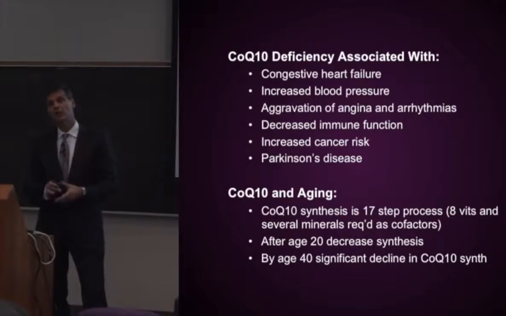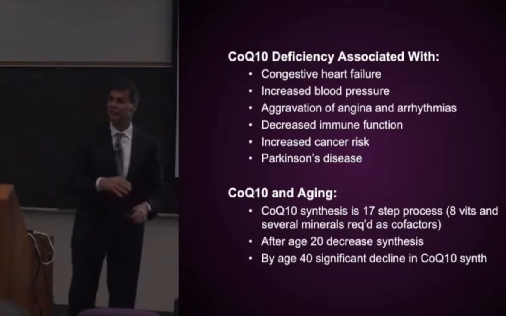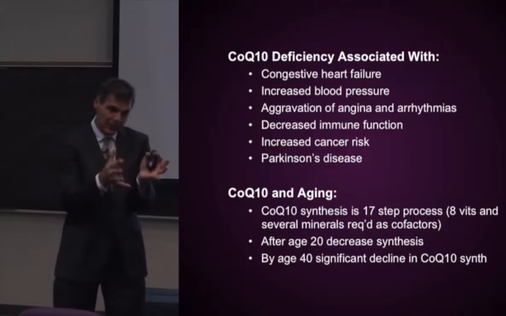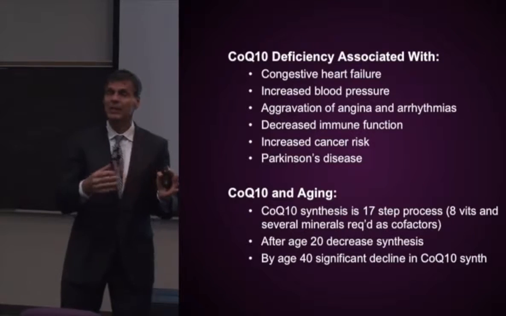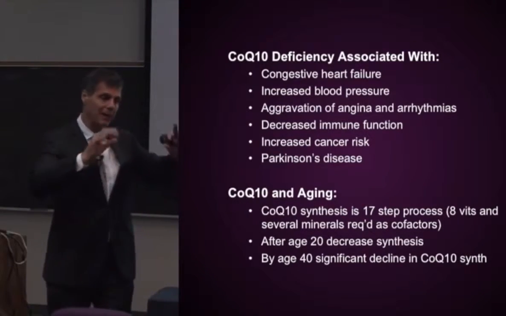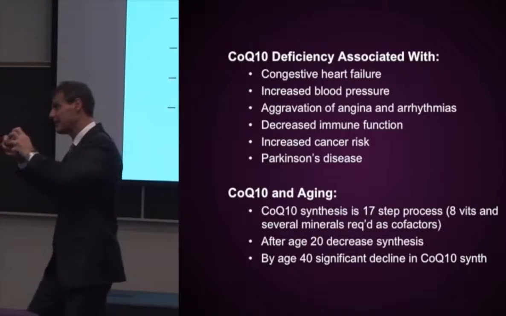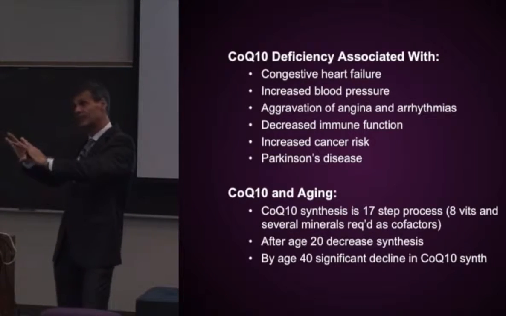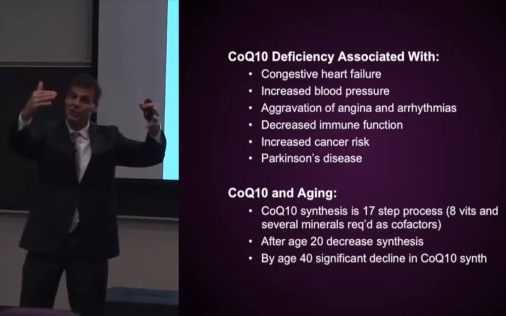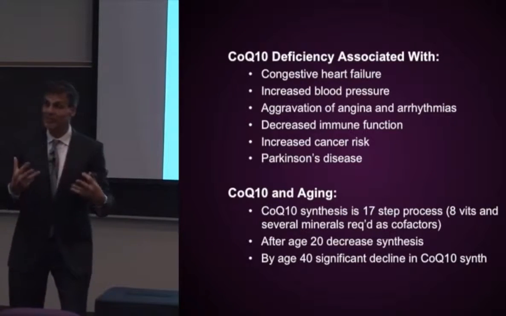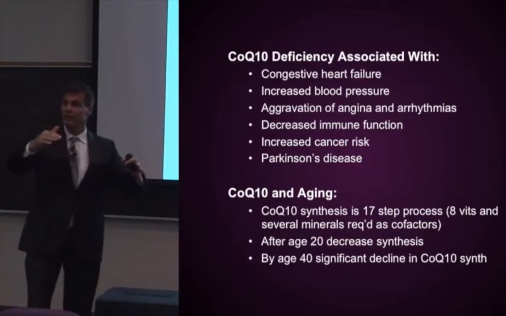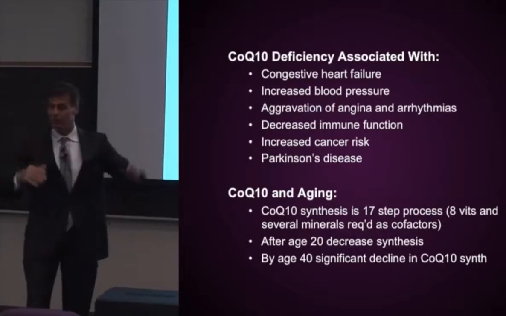Lack of CoQ10 also weakens the immune system. Macrophage cells, which are really important. Macrophage cells are on the hunt looking for cancer cells. They kill cancer cells. They're also very important antigen-presenting cells. If you have an infection in your body, the macrophages bring the antigens back into the lymph system, and it tells the CD4 helper cells to recruit an immune attack against the infection. So as your CoQ10 drops, the macrophages are a little less intelligent, and your immune competency drops as you get older. This may account for the fact that cancer rates rise as you get older, and also a greater risk